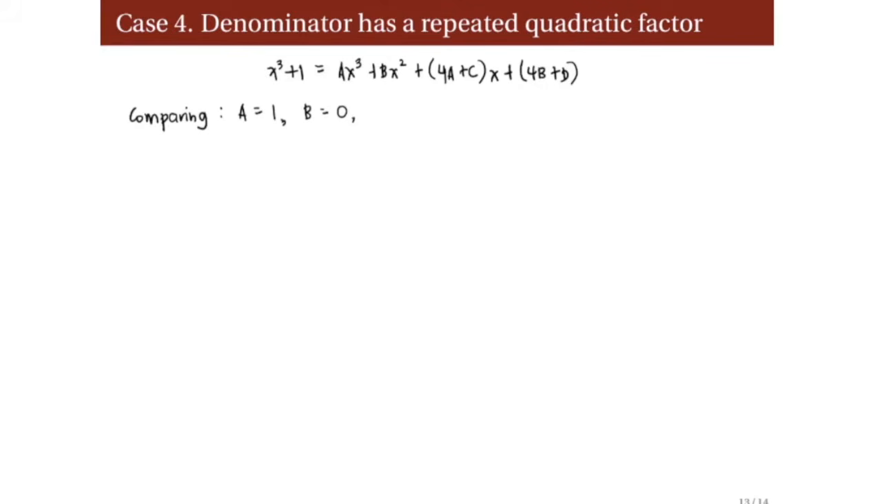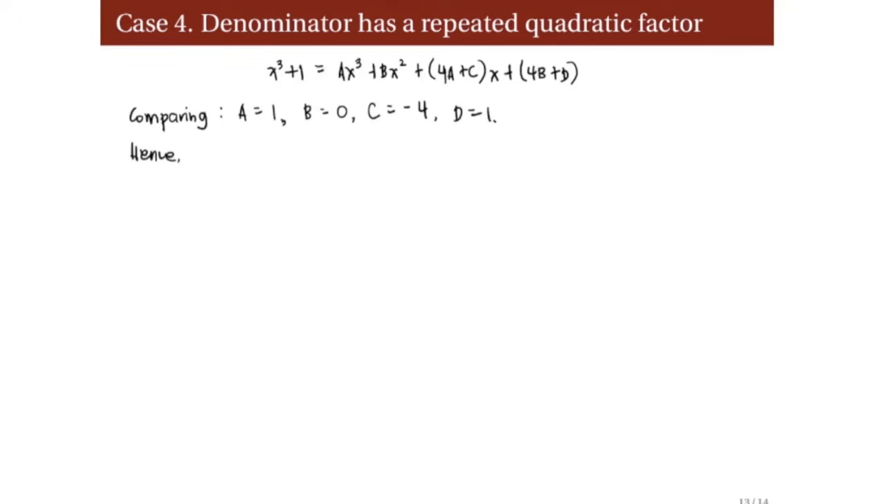While for the coefficient of x, yung 4a plus c should be equal to 0 then. 4a plus c is 0, so yung c dito is negative 4a, so the c is minus 4. While 4b plus d is equal now to 1. Again, 4b plus d, the constant term, is equal to the constant term sa left, which is 1. So, since b is 0, then yung d natin dito is 1. So, hence,